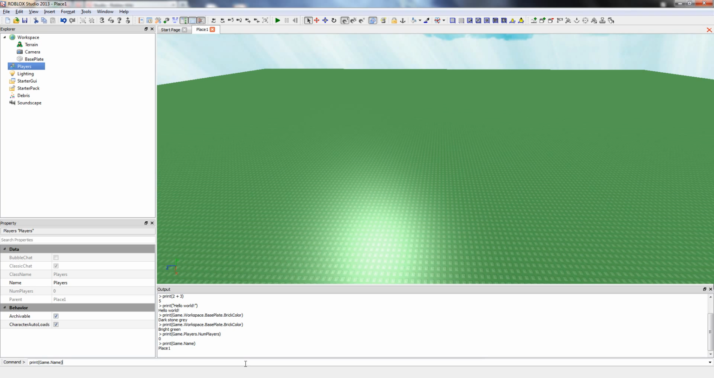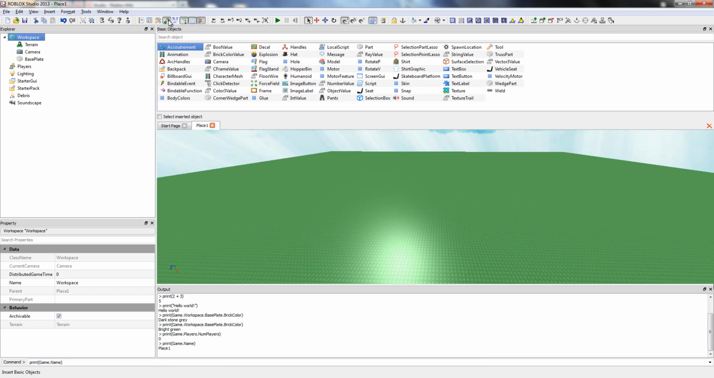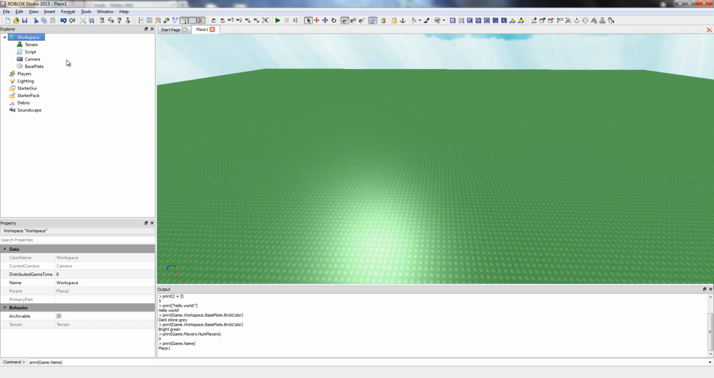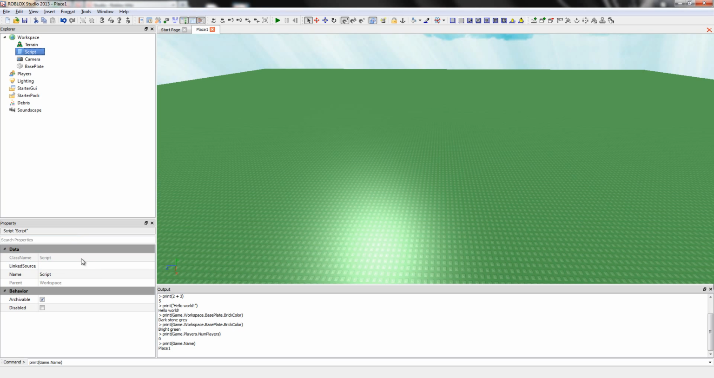Now the command bar is great for doing simple one-line commands, but it won't let me change anything when I'm running the game. For that, I need script objects. To create a script object, we do it in the same way as we do with any other object in Roblox. We open up basic objects and drag it into the play area. Now under script, we see a lot of the same properties that other objects have, like name, parent. There's actually another property we can't see here